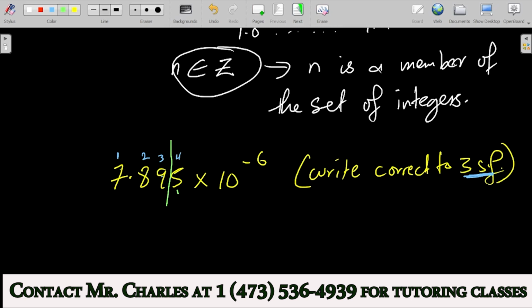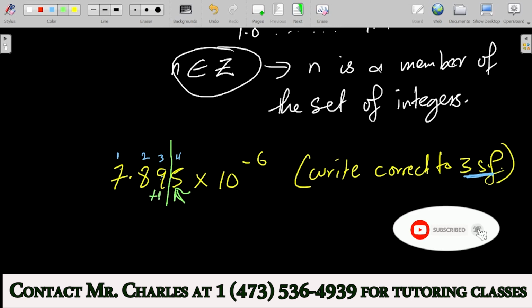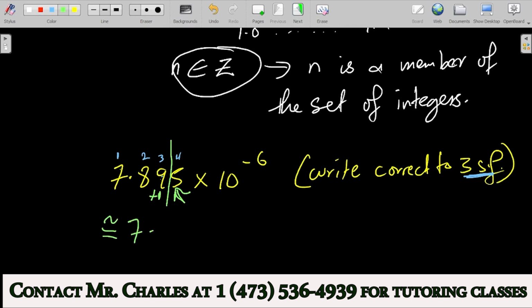We look at the fourth significant figure, it is 5, and since it's 5, we're gonna add 1 to the third significant figure, which is 9. So 9 plus 1 is 10. As a matter of fact, 7.89 plus that 1 under the 9 here would give us 7.90. So we get approximately equal to 7.90. Okay, and we have to put the 0 because 89 plus 1 is 90